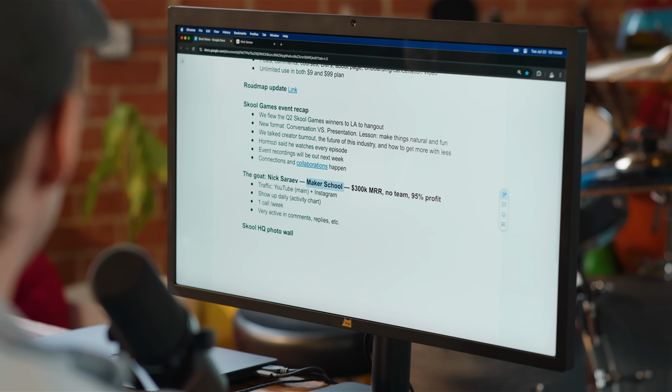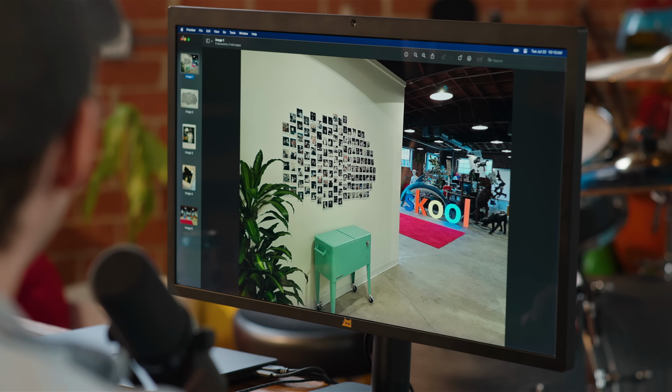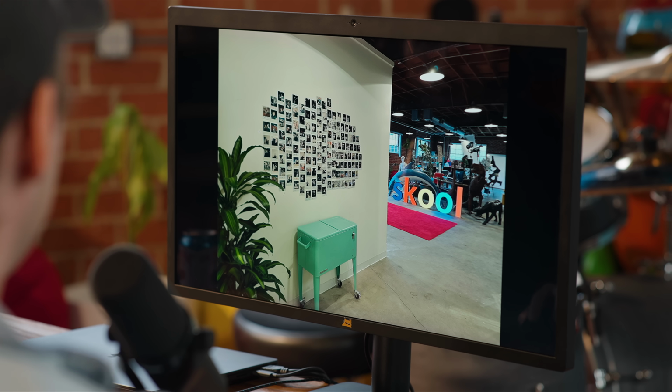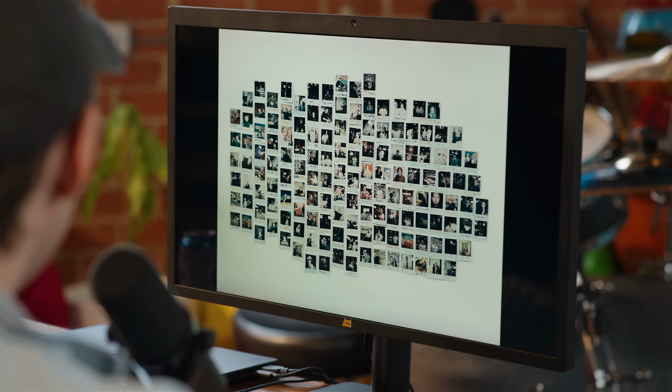So there was that. And then the Skool HQ photo wall. Kirby really wanted to tell you guys about this. Very newsworthy. I think this is community building. So this is our Skool HQ, and we've got this wall here. It's got Polaroids. Whenever random guests come by, we take photos of them, or Claire does, our office manager, and we put them on the wall. You can see what they're like here. Yeah, it's always cool to see. There were some questionable ones on there at one point. I took them off.